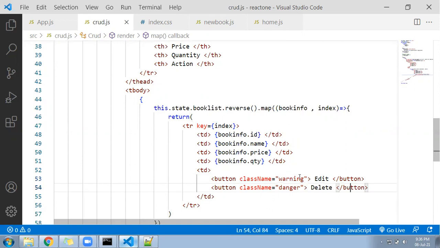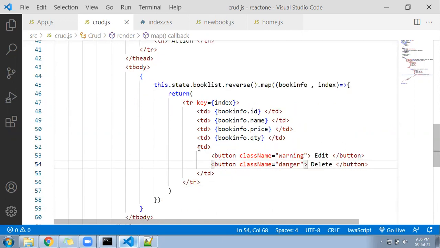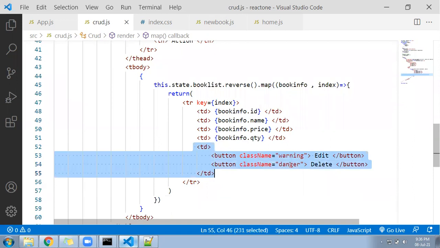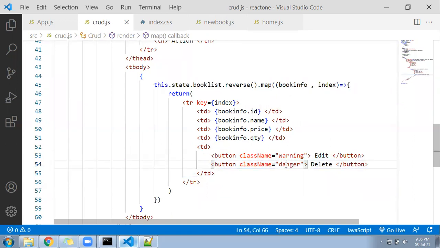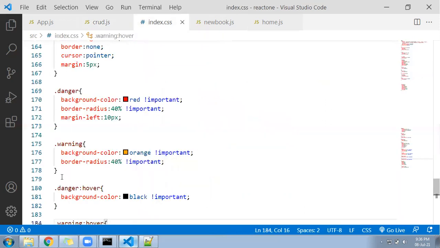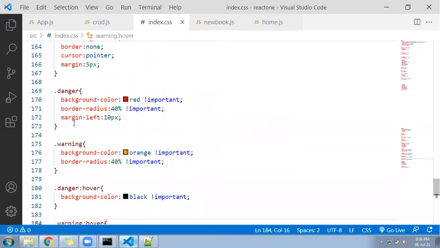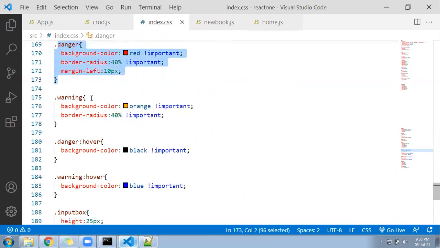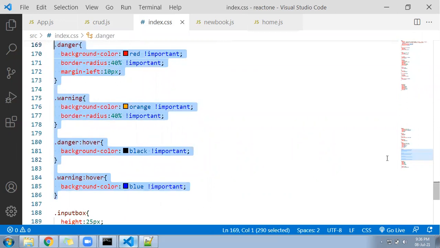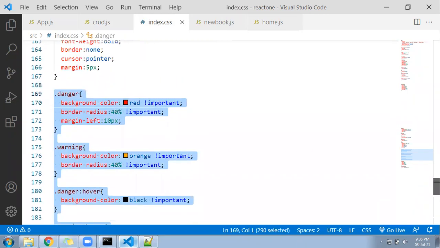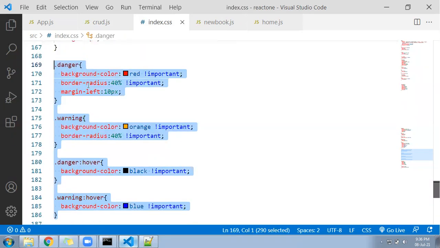Now I created two buttons here, and the CSS of this also. So I added one extra td here. Warning and danger, I added both classes. Both class codes you can take. Look here, I have two classes. One is called danger, where I have written the background red. Another one is called warning. For danger I have written a hover effect, and for warning also I have written a hover effect. So this code you can use and implement, or anyway the look and feel will depend on your project structure. It can be anything, but for reference I am showing you. This is the CSS code.